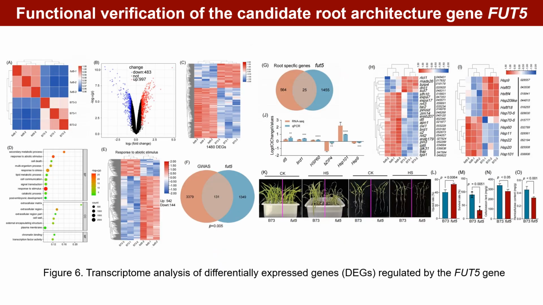By analyzing the transcriptomes of the FUT5 mutant and B73 plants, we identified differentially expressed genes, with GO analysis revealing overlaps with GWAS and prior work, and found that heat shock gene changes in the FUT5 mutant affect heat tolerance and hemicellulose biosynthesis, validating FUT5's importance in maize root development, stress response, architecture regulation, and breeding.